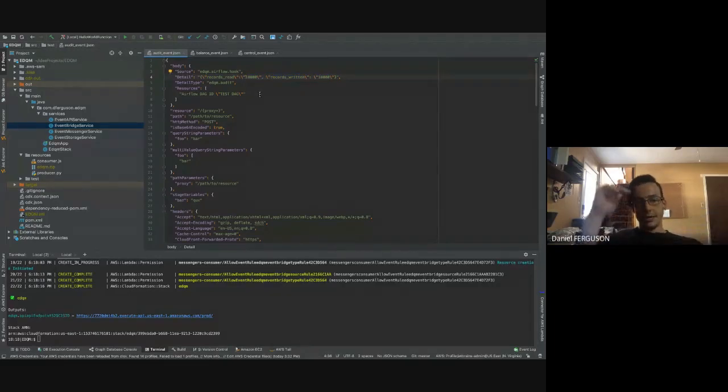You could put as much information as you want, but for the sake of the demo, I've just put a couple of things in. The rest of this is specific to EventBridge, like resources and detail type. Those are monikers that EventBridge requires in messages that are sent across it.